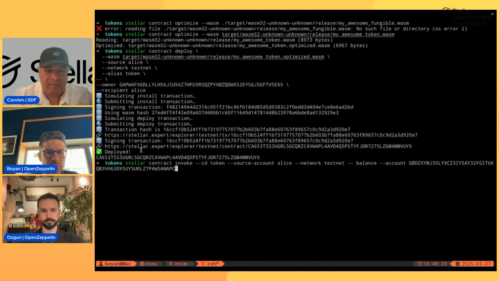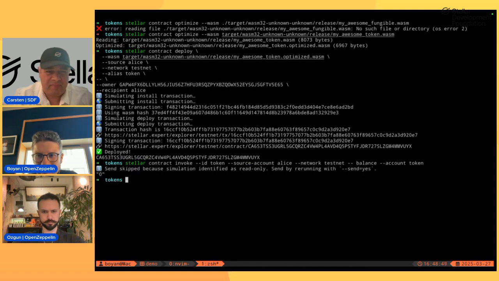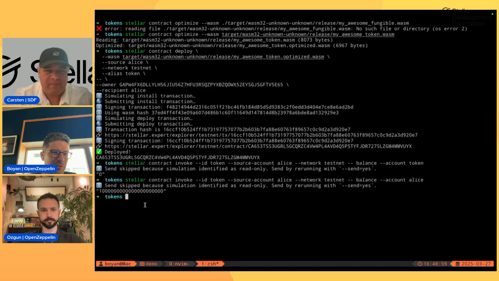So this is the contract. It is stored under the token alias, and we are going to check the balance of Alice. Okay, so it's working.